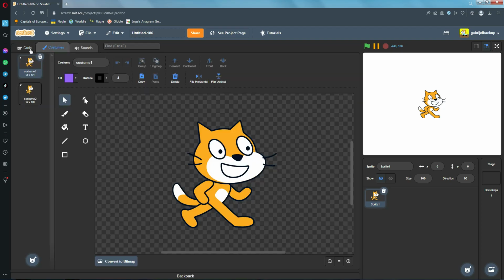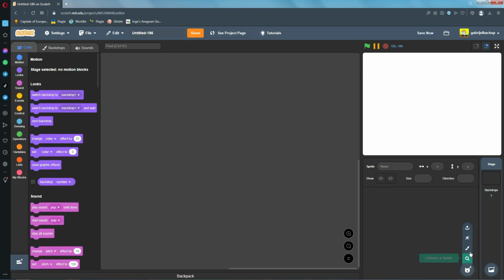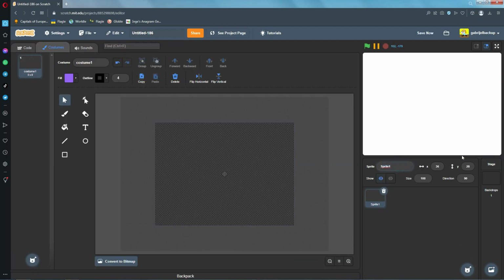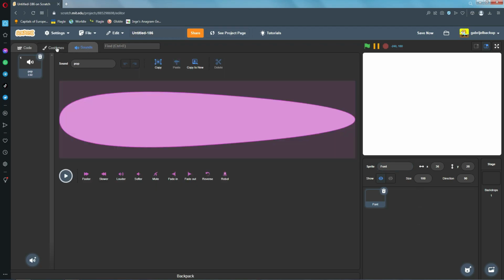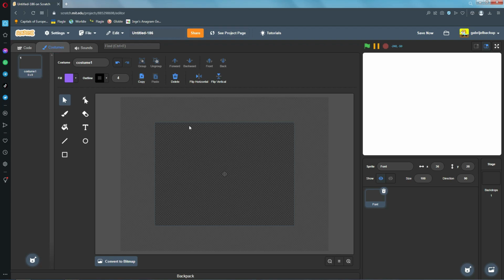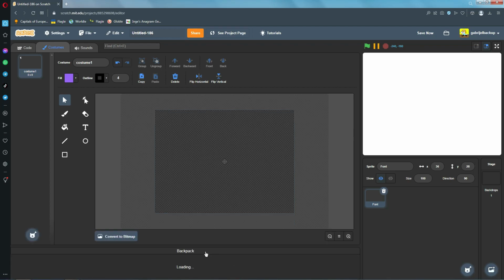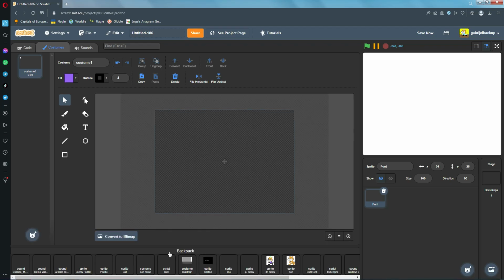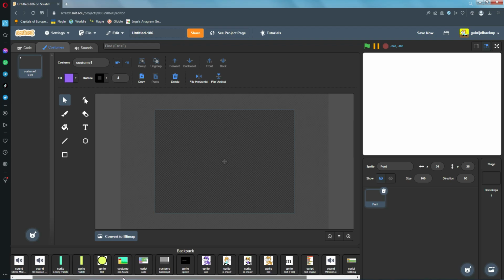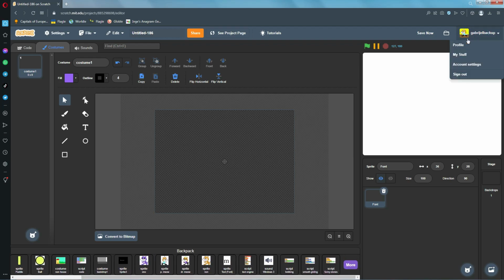So first, what you want to do is delete Sprite1 and make a new sprite called font. Now, what you can do here is two things. You can write out all the letters manually, or I actually have it in one of my projects. So if you go on my profile,